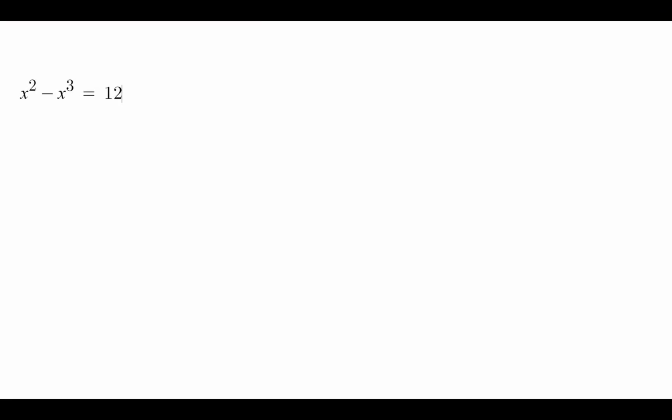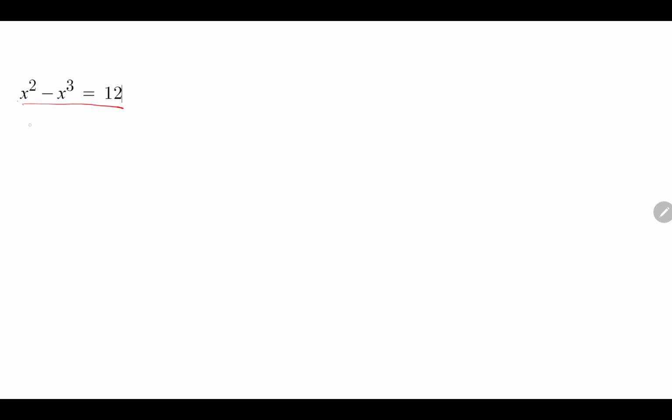So today we will solve one of the polynomial algebra problems. It's one of the trickiest problems. So let's start. The problem is x square minus x cube equals 12. To solve this equation, we will bring everything over to the left hand side,